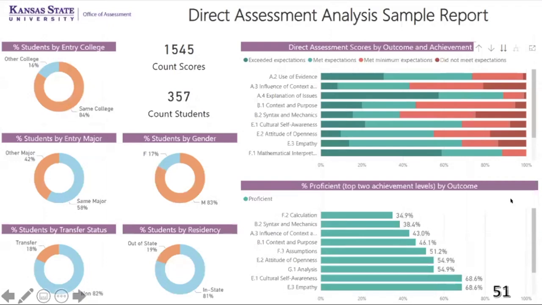Another valuable aspect of using Canvas technology is its capability to connect to other sources of data. I'm suggesting things like the student information system. All these universities have information on every student: what gender they are, where they came from, whether they're first generation, what major they're in, did they transfer in, do they live on campus, et cetera. We are connecting our Canvas data, which is on the right, to our student information on the left,